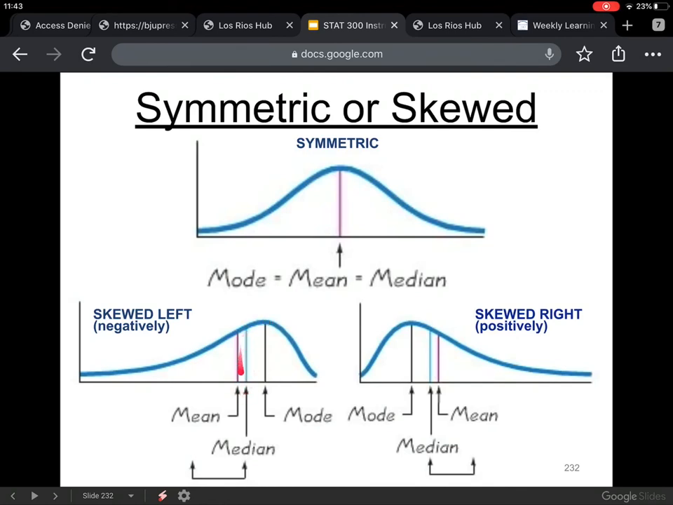The median is the middle value, and the mean is being pulled even more by these outliers to the left, right? So all three of these would not be aligned. They would be written in this order. And for skewed right, if the tail end is on the right side, there's a mirror image of the order. Mode, highest frequency, then median, middle value, and then mean